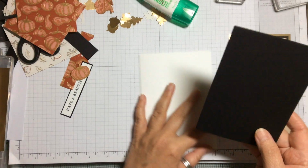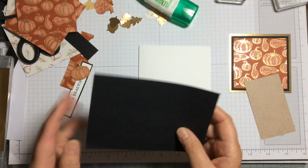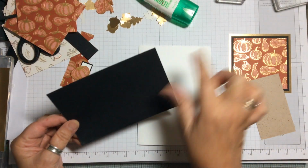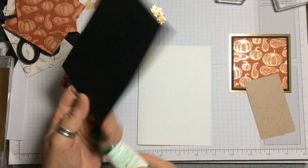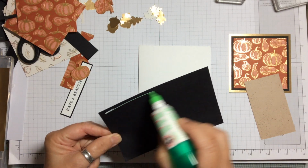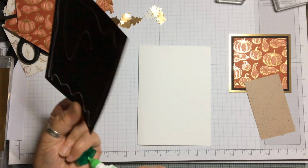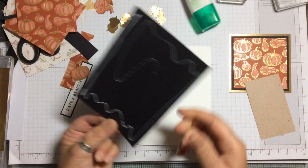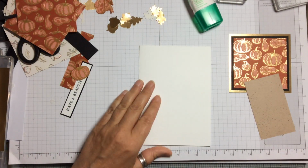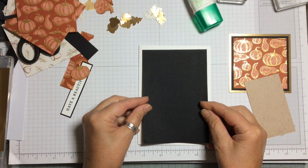The black, I'm not going to worry too much about. But as I say, if you wanted to cut something out of it, you could. You just need to be careful at the top. So you could cut a label or something from it. So this, I'm literally just going to glue that down onto our card base, always making sure that I know that it's opening the right way. So we can put this down on here